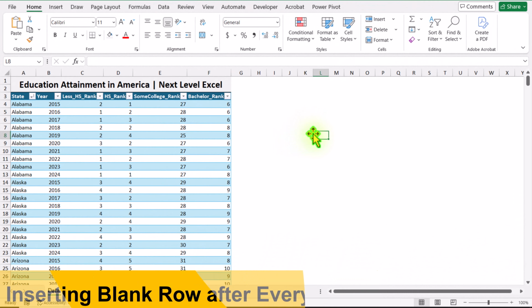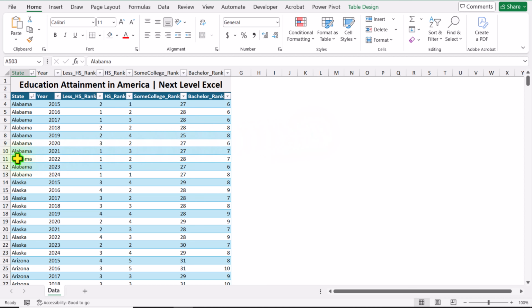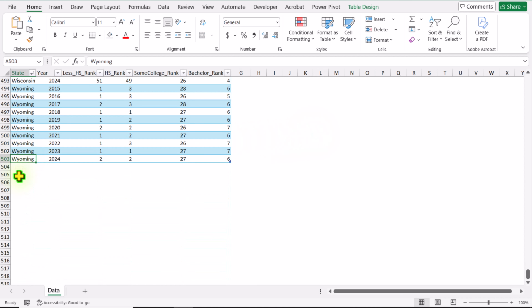Consider I have this dataset. The first thing we need to do is insert a blank row after each and every state. Of course, we can do it manually, but in this case, I have 50 states, so it will take a little bit of time and effort. I will click here and simply type Control down arrow key, leave only one single row, and click here, simply type the UNIQUE function,